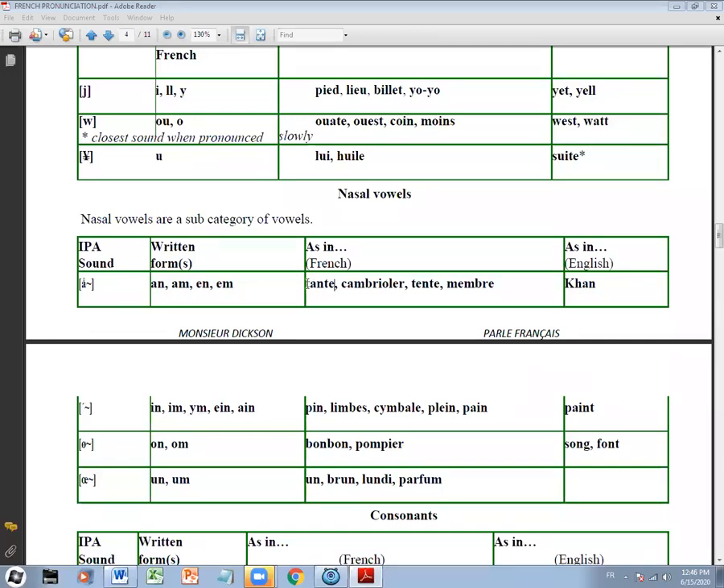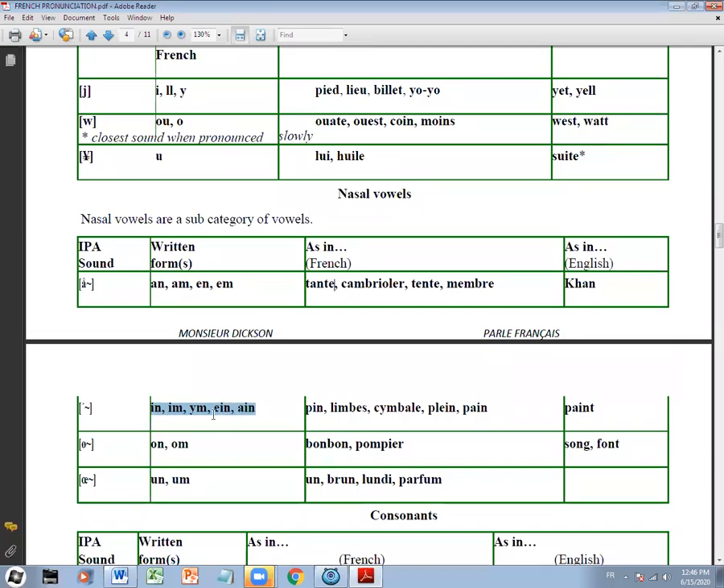So we say taunt, we say cambriolet, we say again taunt, then membre. Then we have this combination here, IN, IM, YN. For this combination, I want you to make a reference to the word umbrella. No, umbrella starts with you. So in French, anytime you see letter Y or letter I followed by letter M or letter N, then the sound becomes